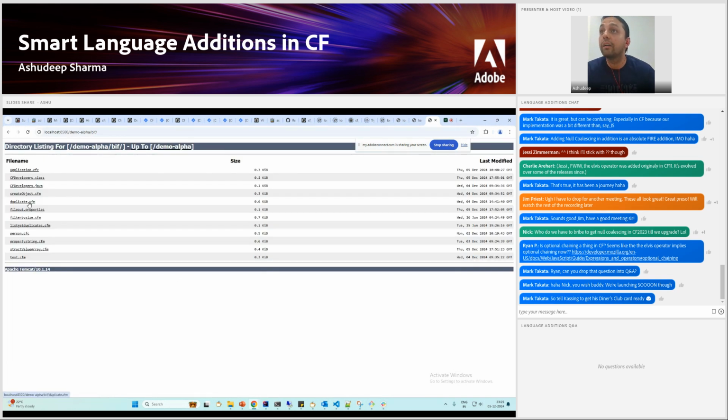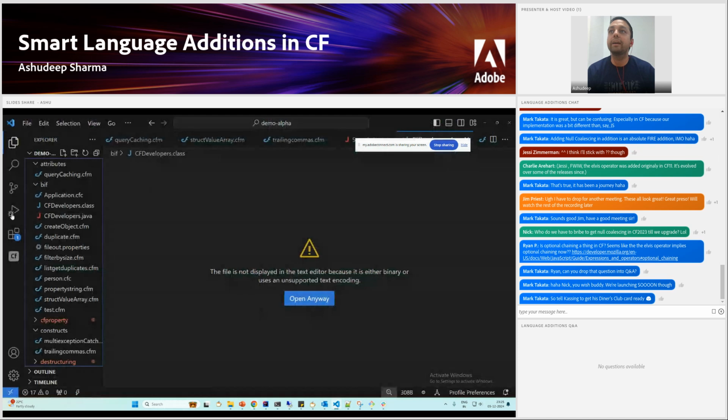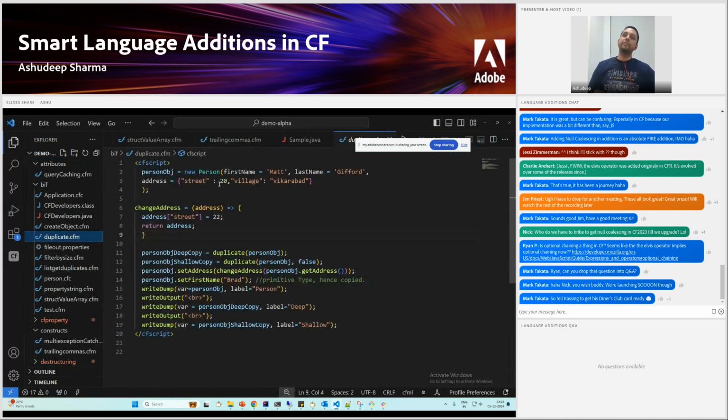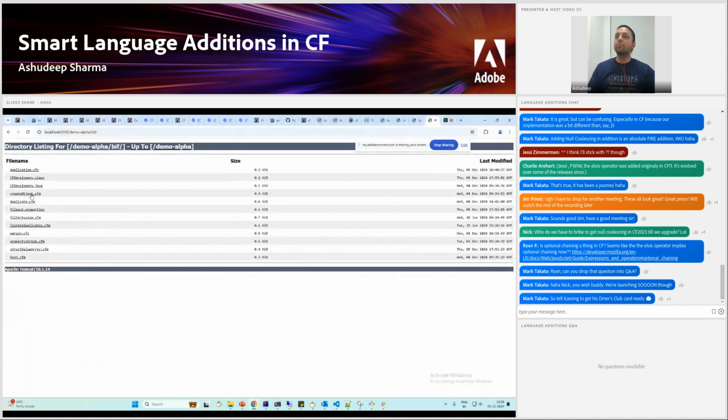So this we already covered. Yeah, duplicate functionality. When we talked about this, like I said, we have a person object struct, and it has some street value to be 20. Then we are creating the object, a deep copy as well as a shallow copy. Then we are changing the original object's address from 20 to 22, because this is my change address function. Once that has been changed, we'll see what the values are in the original object, as well as the deep copy object and the shallow copy object. So when I output that,